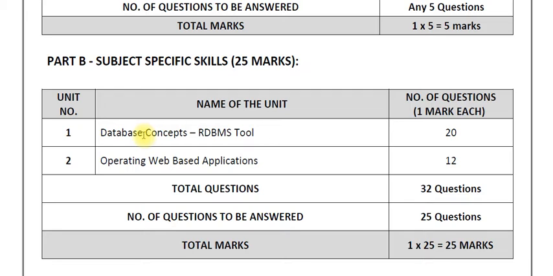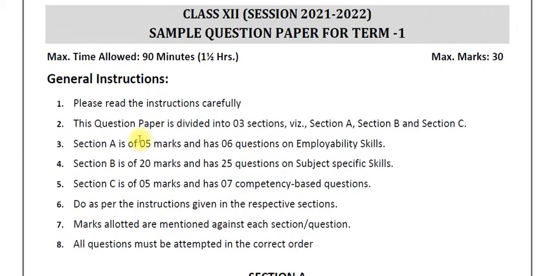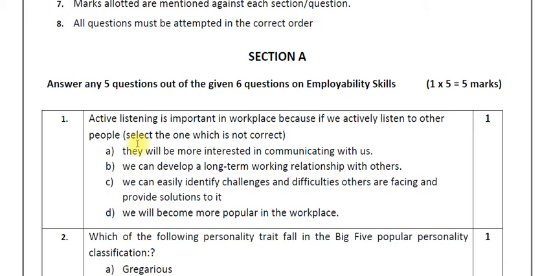So how are you going to answer the questions from this particular part? Usually from operating web based applications, it's going to be more or less knowledge based questions and application based questions, like regarding railway booking, e-commerce, how we can book tickets. Whereas from database management, questions are always going to be related with some kind of a query. A query is going to be given, a table is going to be given, and we have to find out the outputs, as the outputs will be given as your options.